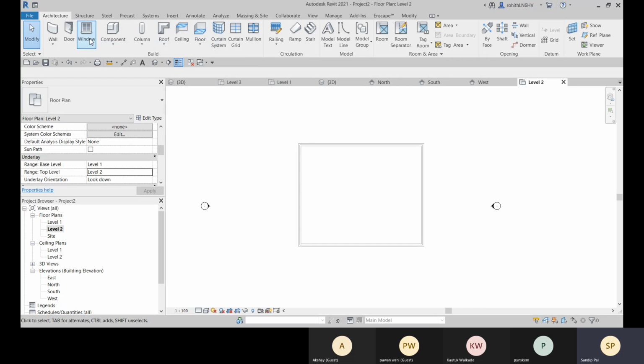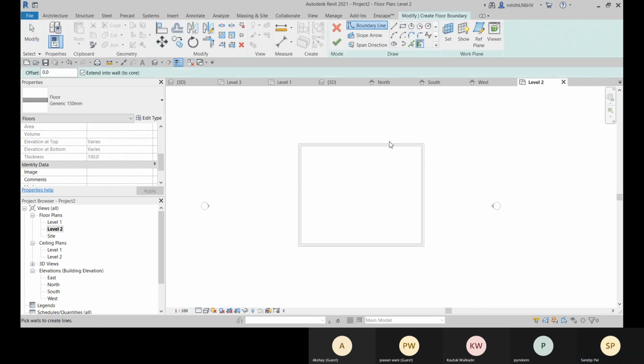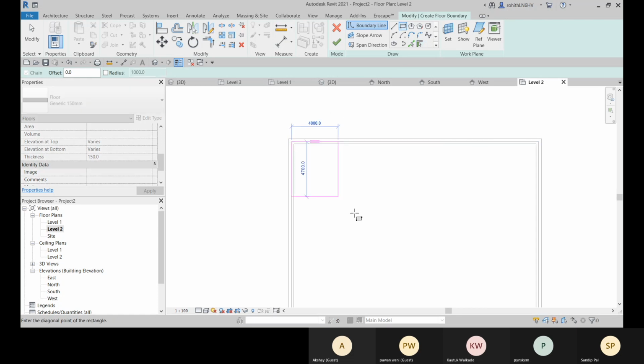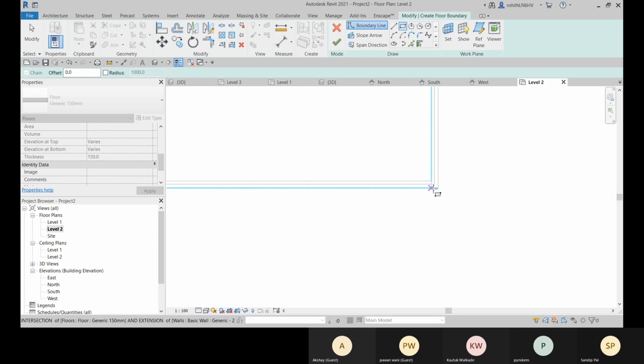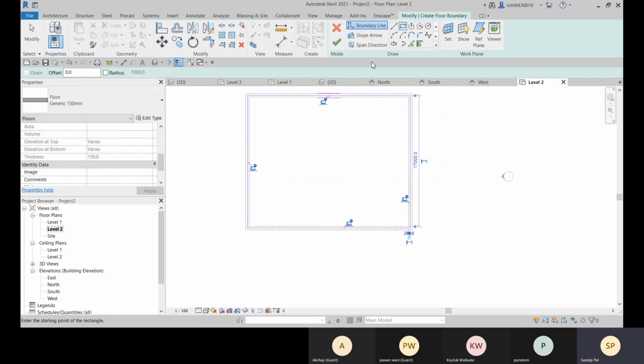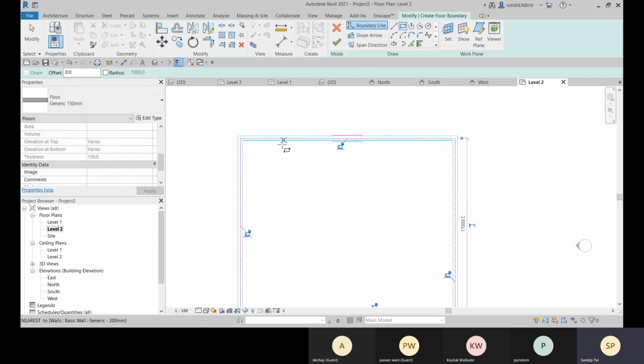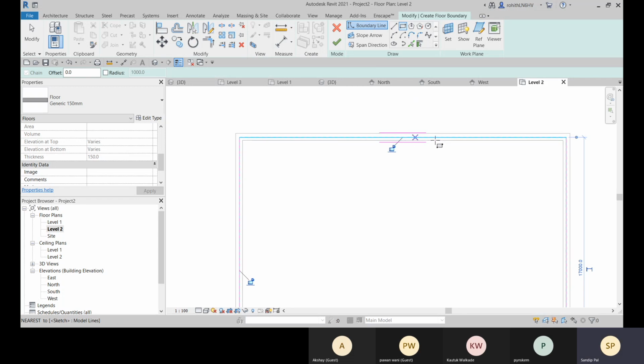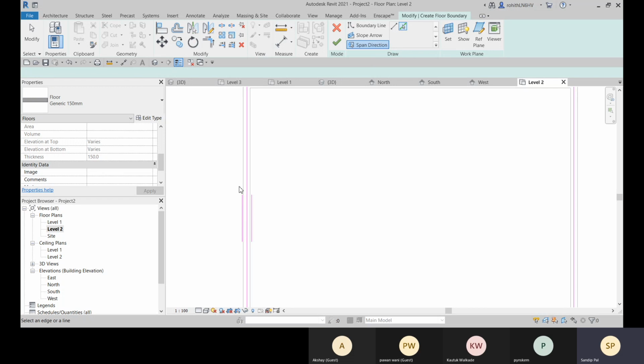Now let me create that floor again. Okay, and the first line direction is the span direction. You can change the span direction. You can choose this line, and this is going to be the span direction.